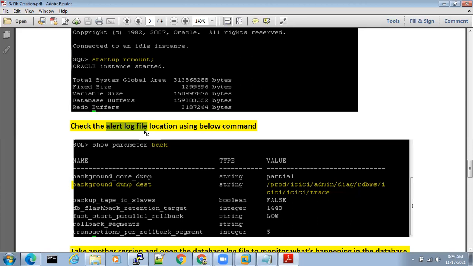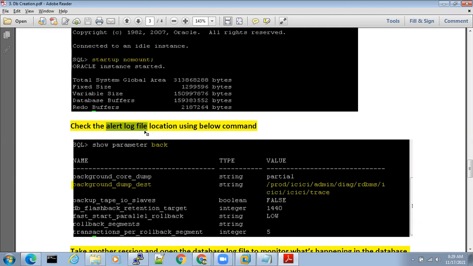It's very simple. If you understand the problem, you will get the solution. How can we understand the problem? By looking at the alert log file and seeing what exactly happened at that time. The alert log file captures live, time-to-time information about what is happening in the database. That is about the alert log file.